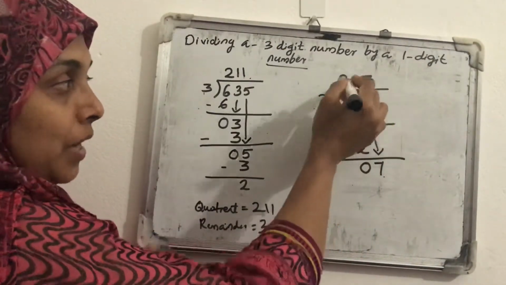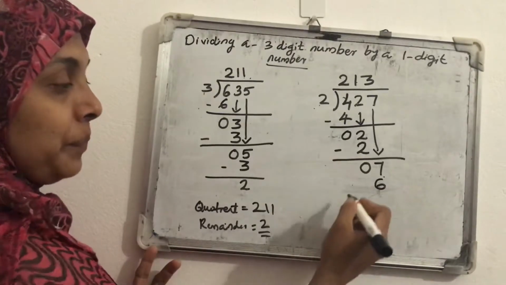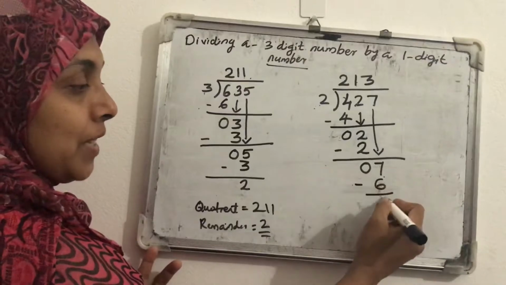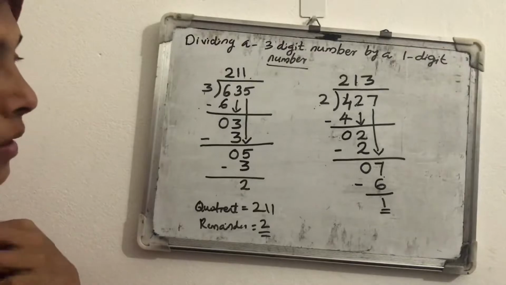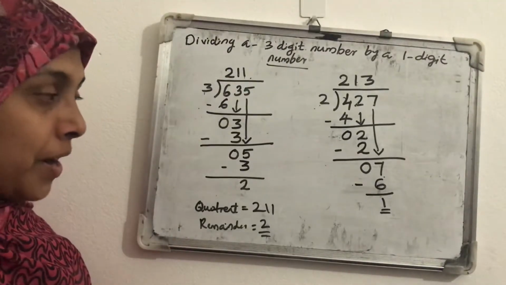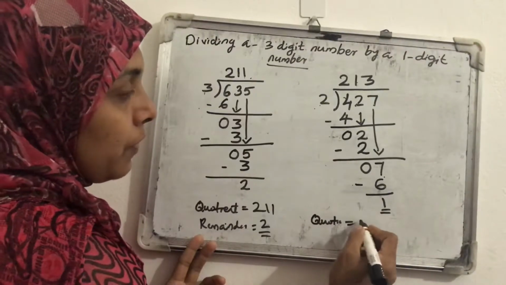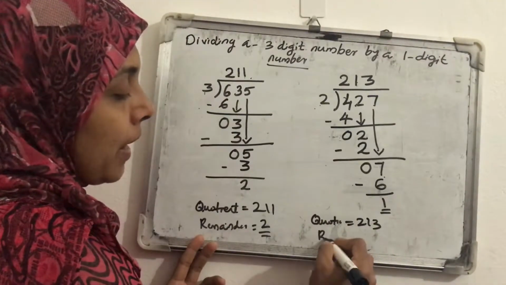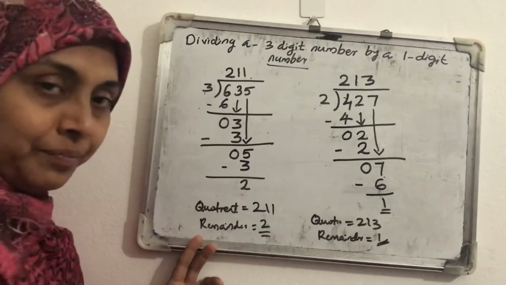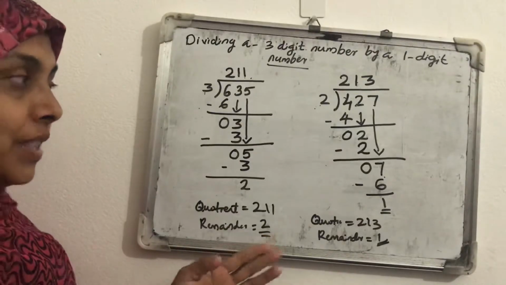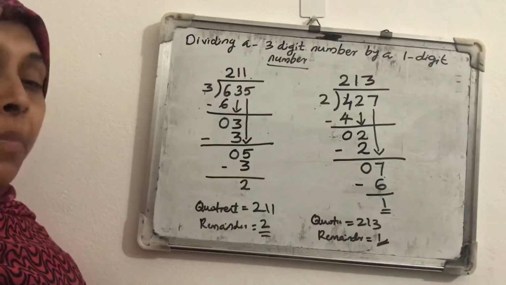Next step, 3 multiplied with the 2, you will get 6. Then write below 7. Again subtract, 7 minus 6, we will get 1. Okay. Now we got the quotient 213 and the remainder we got is 1. Okay, that is the division of a 3 digit number by a 1